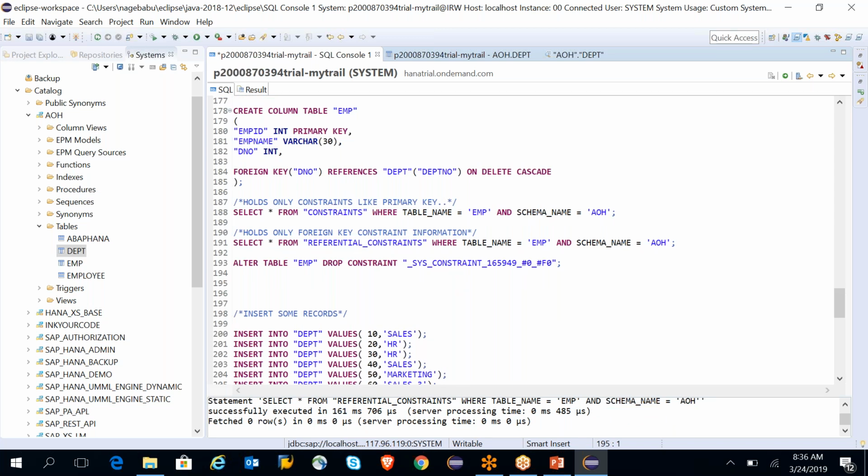So how will I add? Alter table emp, add constraint. What I will say, my FK, foreign key, which is between emp and dept. This is my constraint name. So foreign key,